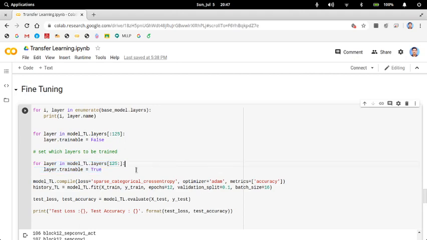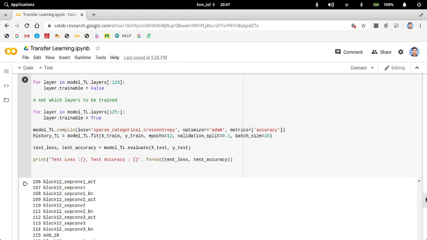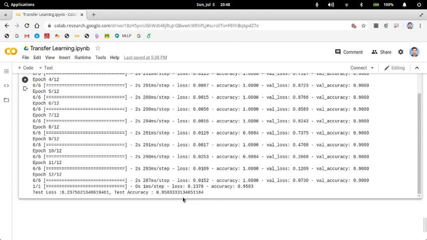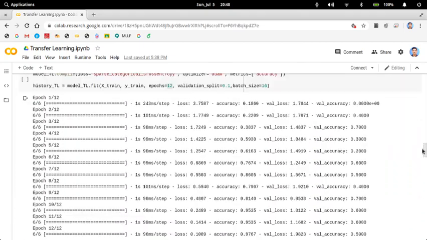You find out by training which of the layers you are going to get better accuracy. So you set the layers from 125 upward to be trained, and the layers below 125 to be non-trainable. So compile your model, fit it and evaluate your model. You can see that your model is giving you this accuracy. So that's what transfer learning is.